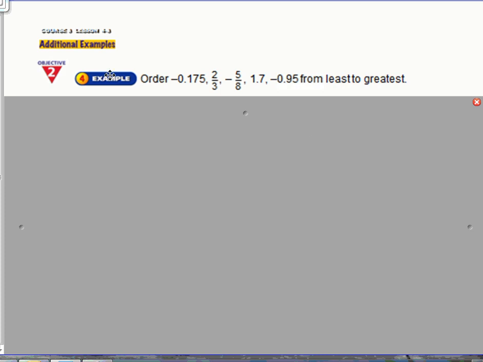So we have these five rational numbers, and we need to order them from least to greatest. Right away we will notice that we already have three of them in decimal form. So we can keep those as decimals. The only ones we need to concentrate on are 2/3 and